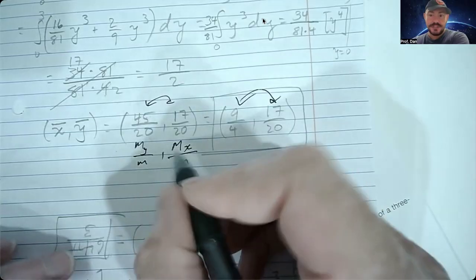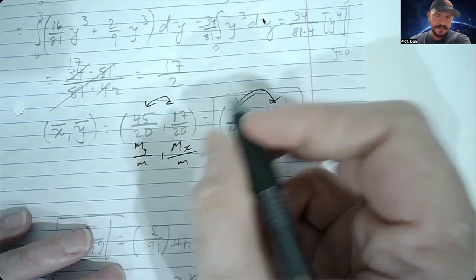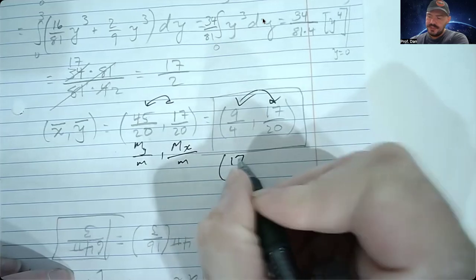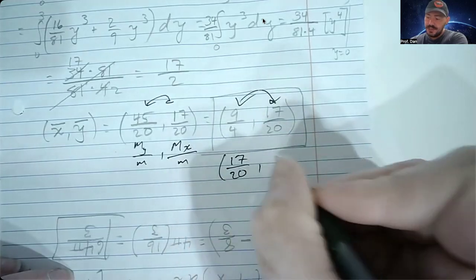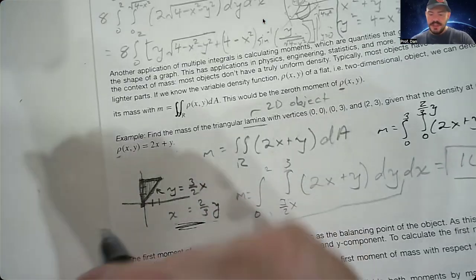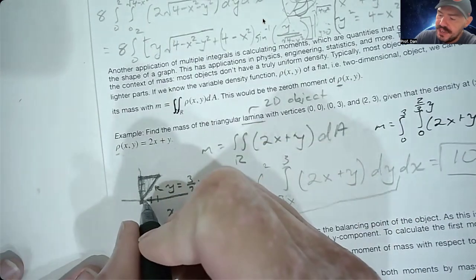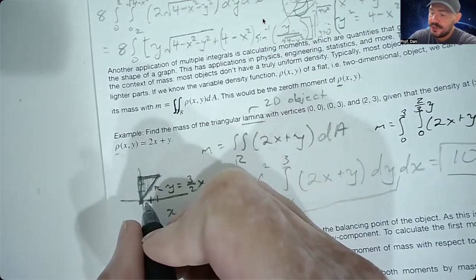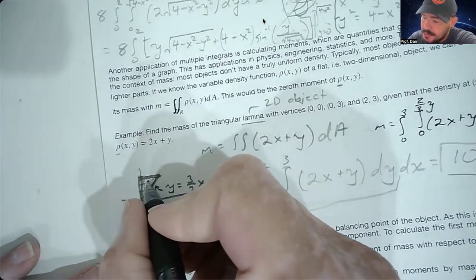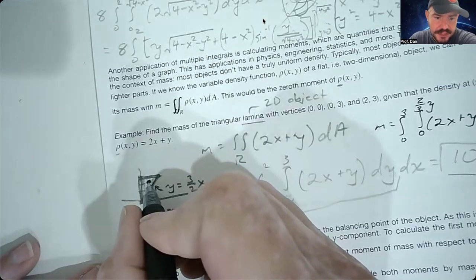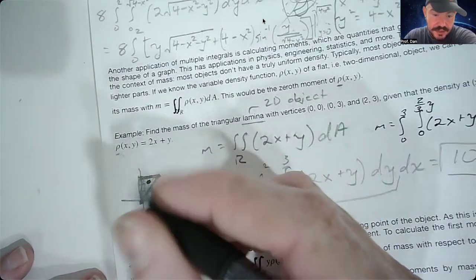And yeah, so they're actually switched when you do center of mass. So the real center of mass would have been 17 over 20, comma 9/4. Now, if we go back to the lamina that we drew out here, 17/20 is 0.85, so that's a little bit less than 1. And 9/4 is 2 1/4, which would put us up here. So right there where I drew that big dot, that is our center of mass,